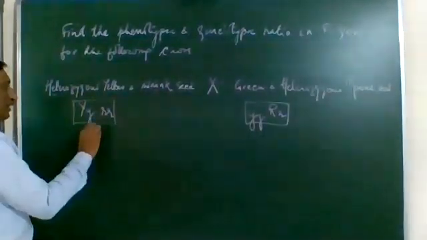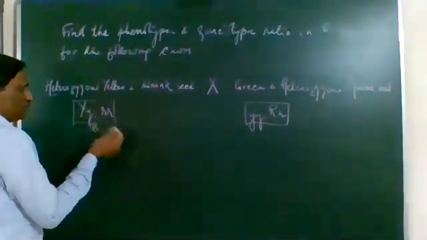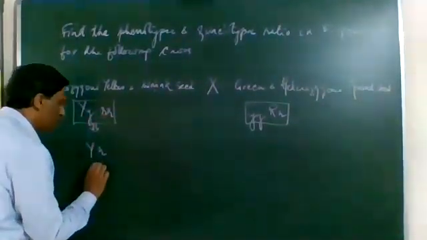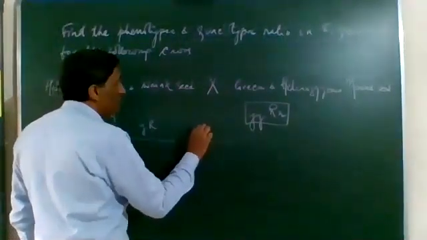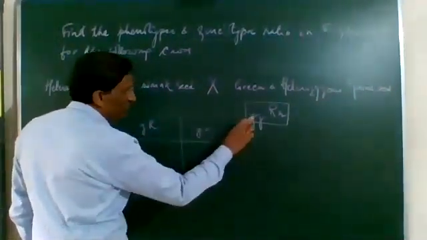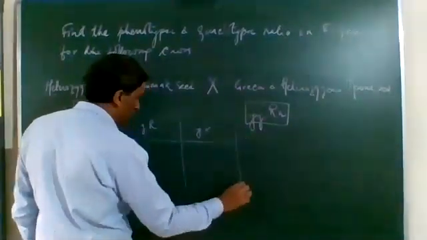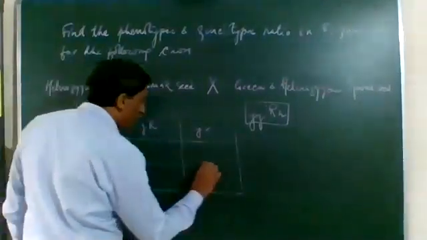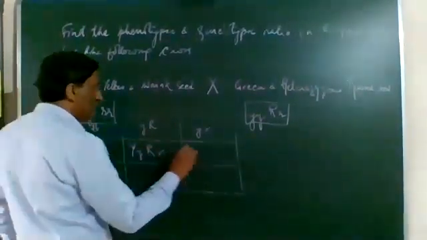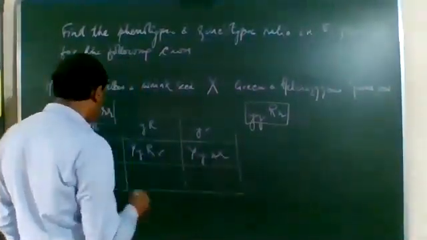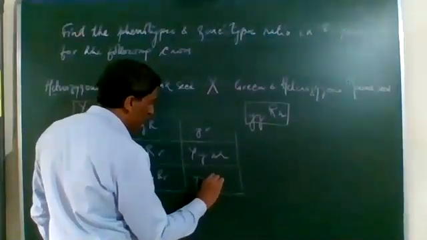So what type of factors are formed? Capital Y with small r, capital Y with small r again. Instead of writing twice, we write once. Small y with capital R, small y with small r. Instead of writing two times, we write once. So we get: capital Y small y, capital R small y, capital Y small y, small r, small y small y, capital R small y, small y, small r.